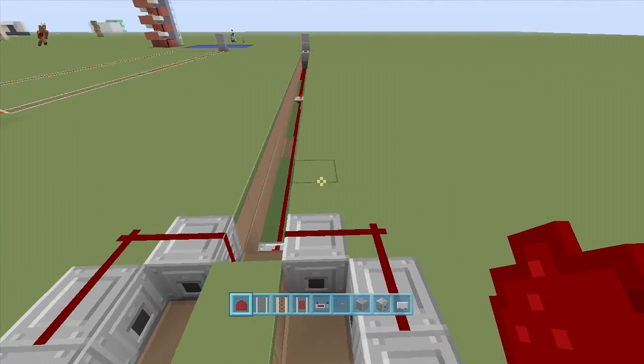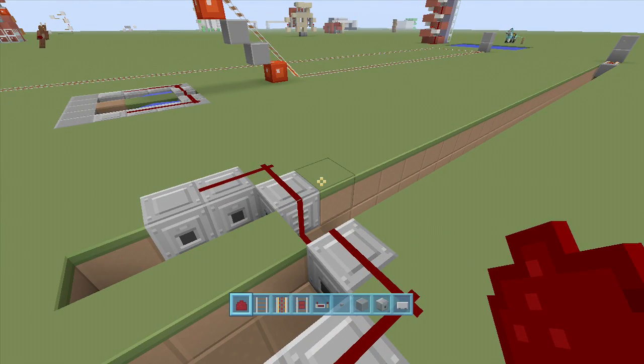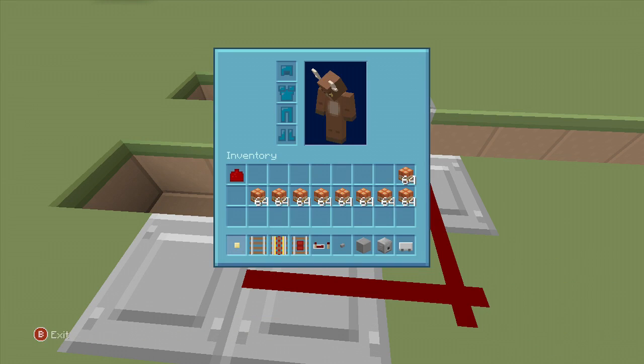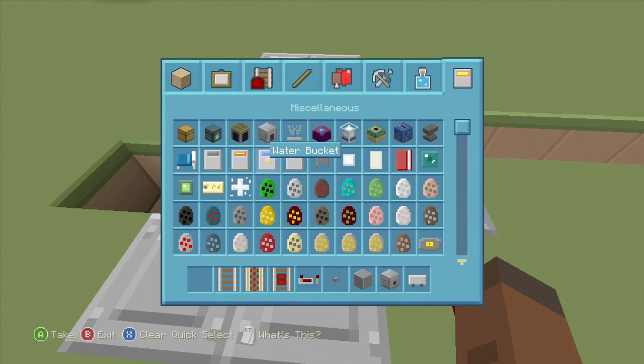So keep it in mind on the PC, guys. Like I said, I can't help you. This one's going to be way different since your minecarts on the PC move much, much slower than minecarts on the console. Next, we're going to have to take out a bucket of water and just put water right here